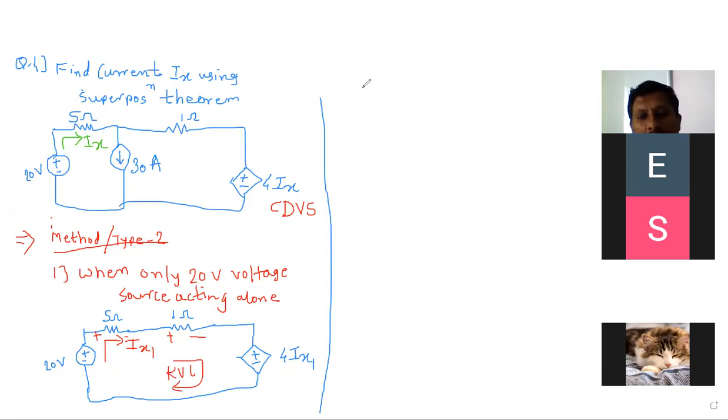Okay. Now tell me the equation. You can start from the left hand side bottom point as the starting point. So we have to complete this example today. So minus to plus, that is plus 20. Next plus to minus is there. Minus 5 into काय येणार? ix1 येणार. Next my 1 ohm कडे या. Plus to minus is there, that's why minus 1 into ix1. Next काय येणार? Plus to minus voltage source आहे already, त्यामुळे minus, पण त्याचा व्हॅल्यू किती आहे? 4 into ix1. It is equal to 0.